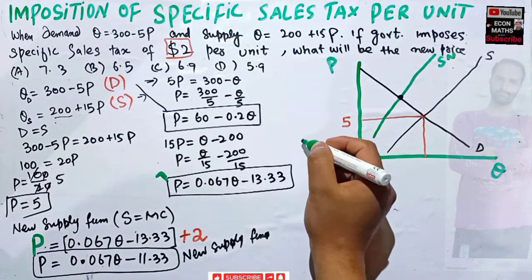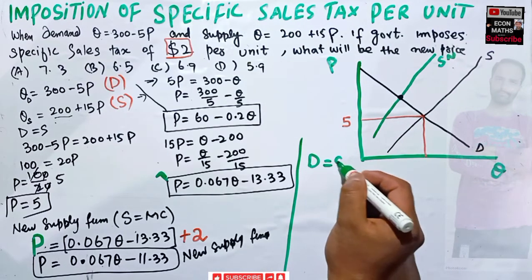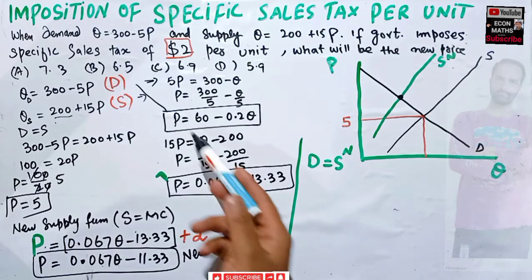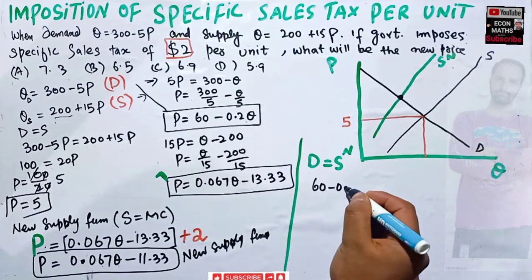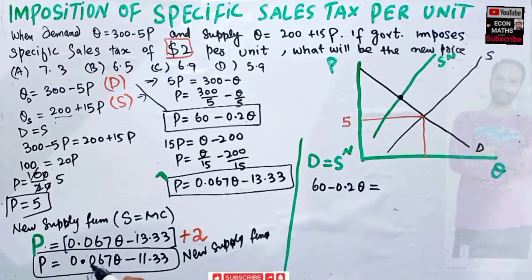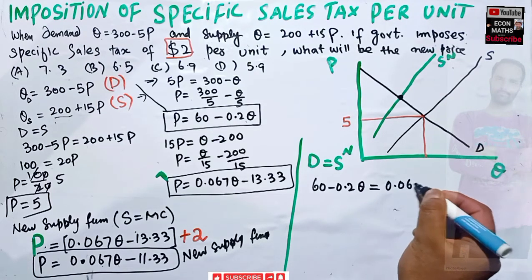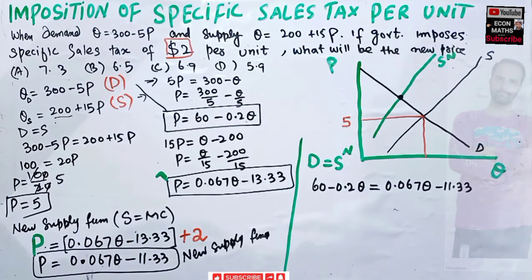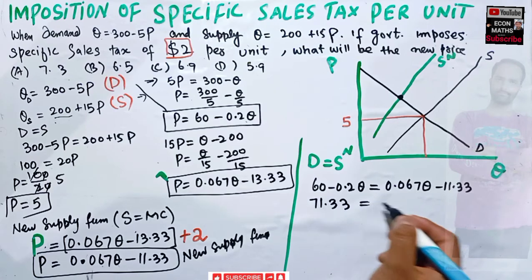Now again, as we know, equilibrium occurs where demand and supply intersect each other, when demand is equal to the new supply. Let's denote it by S superscript n, that is new supply. Originally our demand function is 60 minus 0.2q, which should be equal to our new supply function, that is 0.067q minus 11.33. Or we can write it like this: if I transpose this here, this becomes 71.33 is equal to